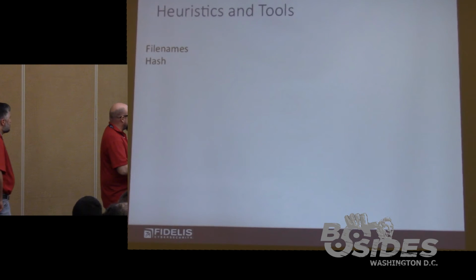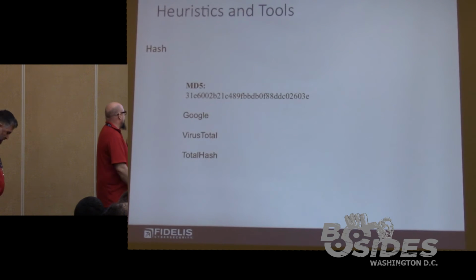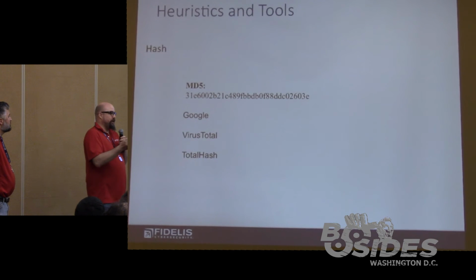The hash. We just talked about the hashes. So what do you do? You go out to Google, go out to VirusTotal, go out to Total Hash, see what's out there. They'll give you options to upload the file. Just know that if you're uploading a file, you're losing control of the file. You no longer have control of whatever's inside the file. So if it's a keylogger that was dropped by the malware, now Nana's recipe and all the bank account information's on the internet, which is never good.